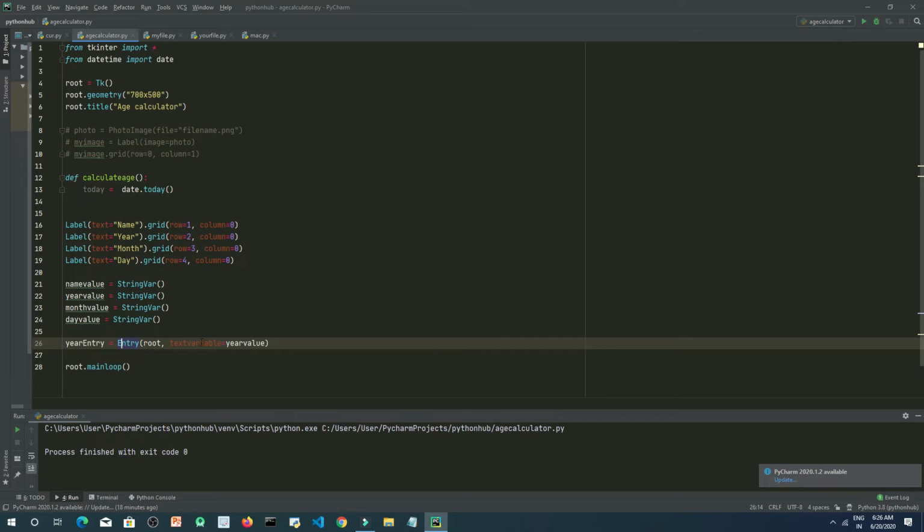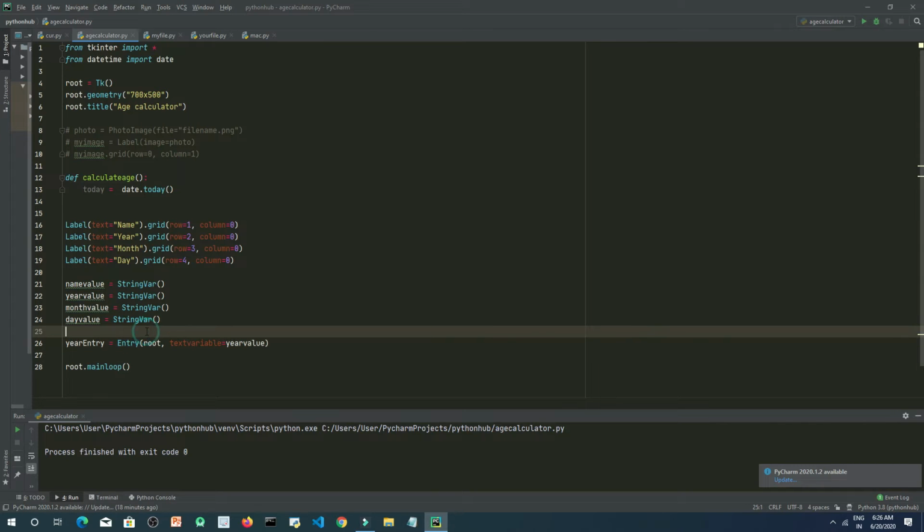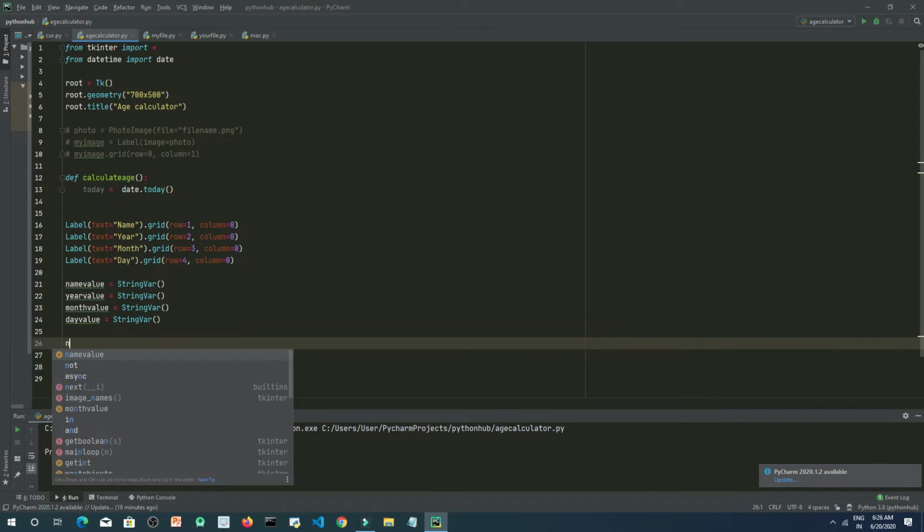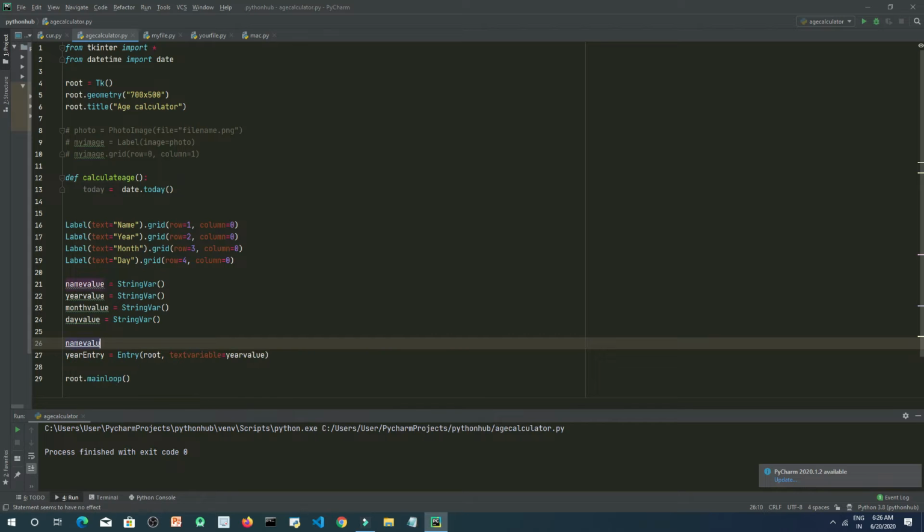Okay, so we are actually forgetting one more, that is name value, name entry. Okay, because we have defined it before. Name entry equals to entry which will be again inside root and its text variable you should know name value, right?